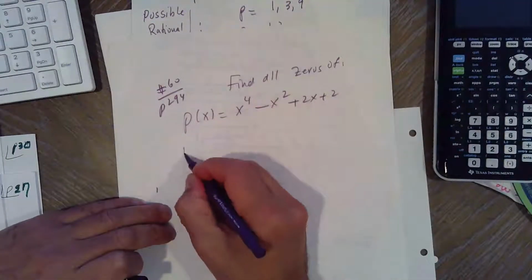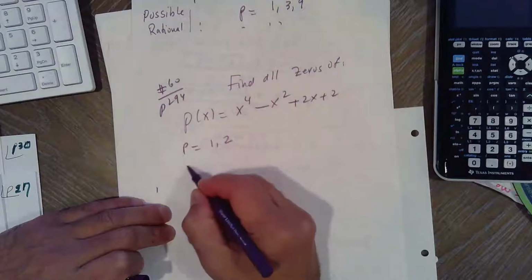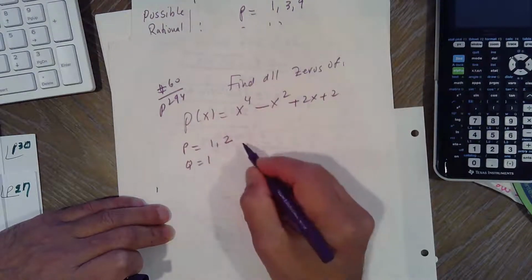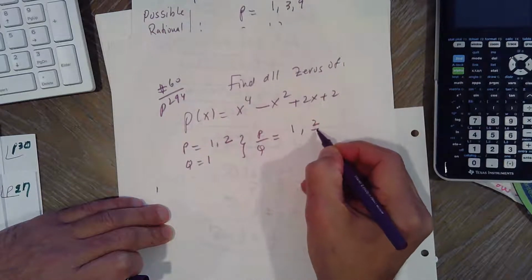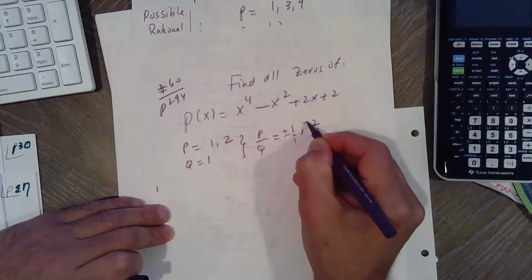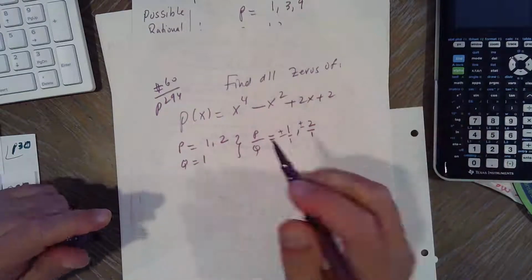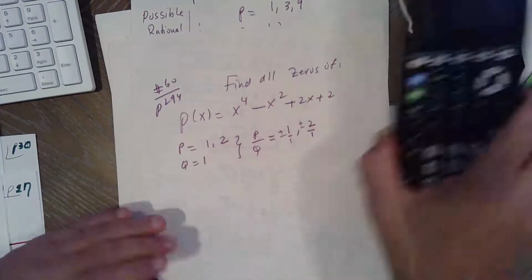So for this function, if we list p and q, p is the factors of 2. That's perfect. We don't need a calculator actually, because there's only a few of them: 1 over 1, 2 over 1, so plus or minus. There's only 4 to check. If you try the calculator,